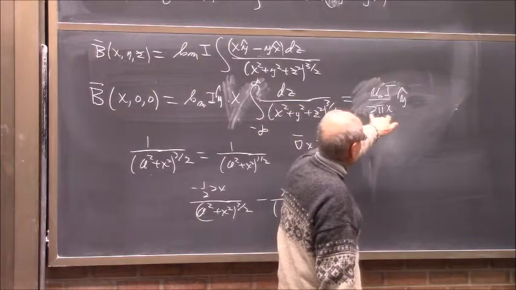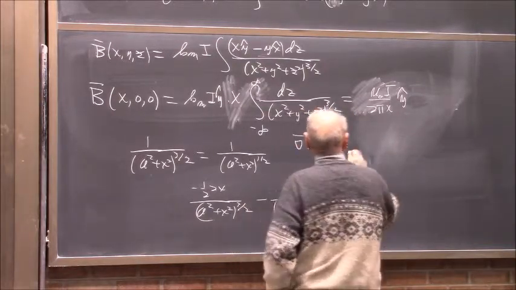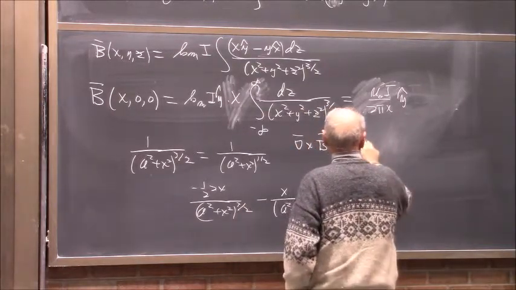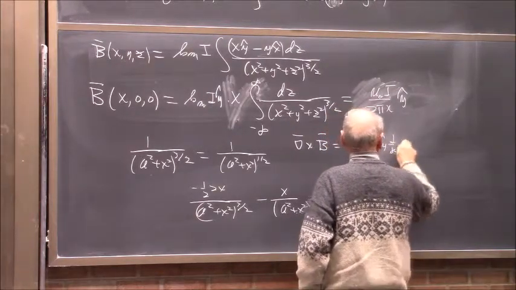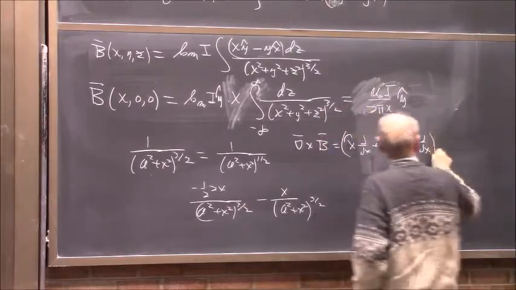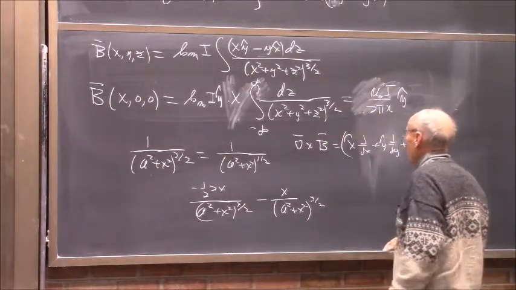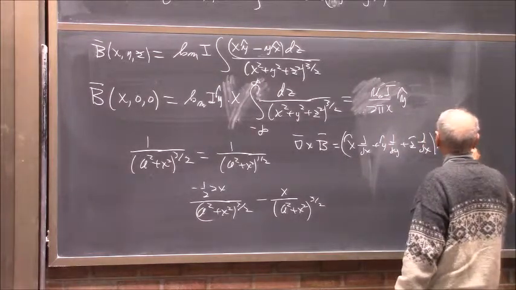Well, we can just do the arithmetic on this. Take the curl, and so you'll have x hat d by dx, y hat d by dy, z hat d by dz, crossed into B. And so that is mu 0 I